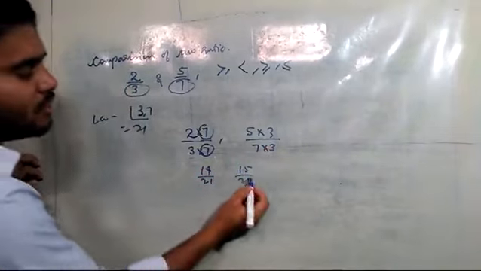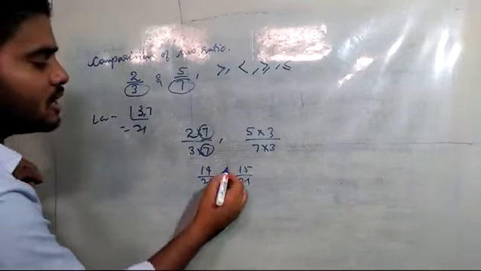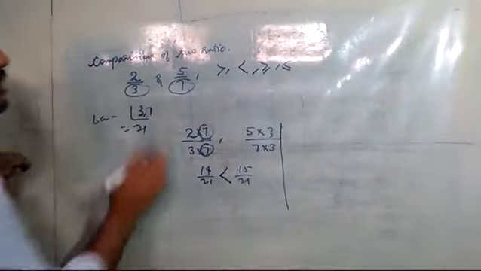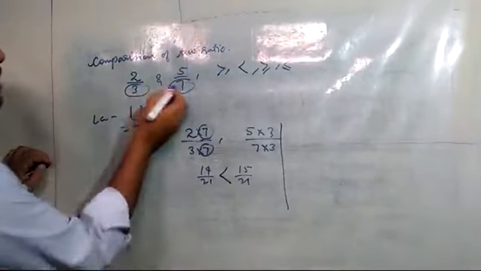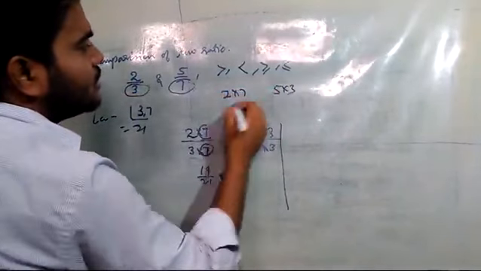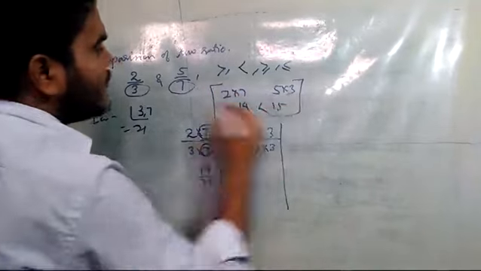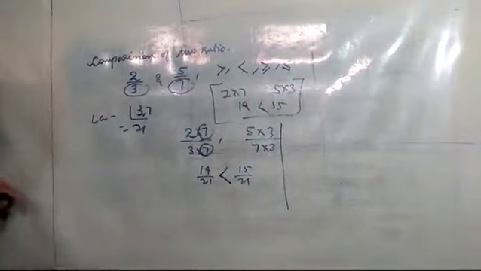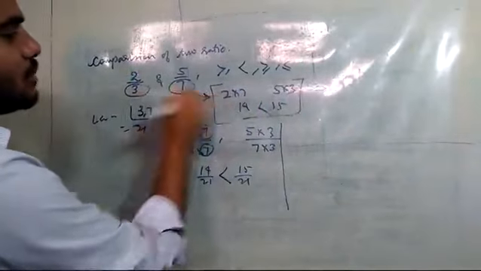Now which number is greater? Obviously the denominator is the same, so the numerator will decide which number is greater. So 15 by 21 is greater. Or directly you could have done cross multiplication: 7 2s are 14, 3 5s are 15. That means 15 is greater. This was the shortcut method when we have two numbers. When we have more than two numbers, we should go by the LCM method. The shortcut method says multiply numerator with the denominator and compare, and then you will get the answer.